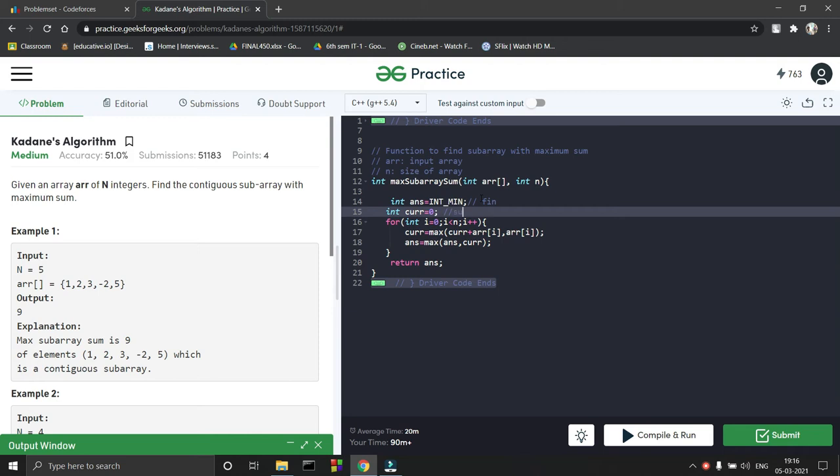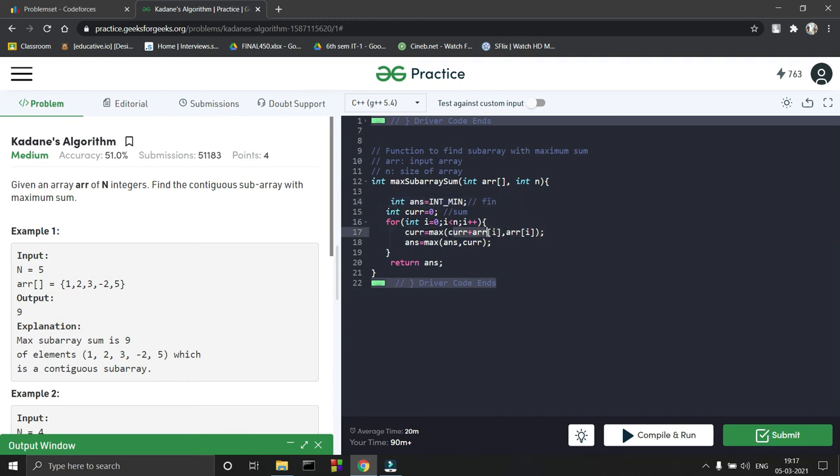Okay, so current is my sum according to the variables that I have explained. Now my iterator is i, and I am iterating through the whole array. And initially my answer contains INT_MIN, or you can say minus infinity in the tutorial case.